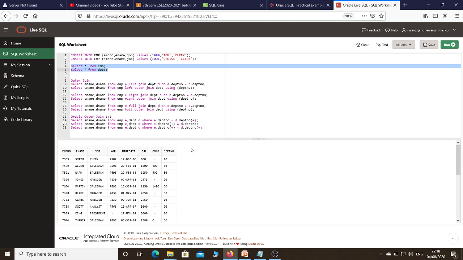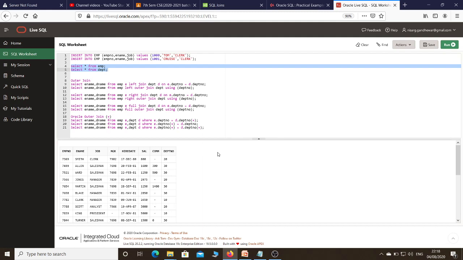Just carefully understand the problem statement. I need to display employee name as well as the department name for all employees who have been assigned a department number, as well as those employees whose department number is not allotted.